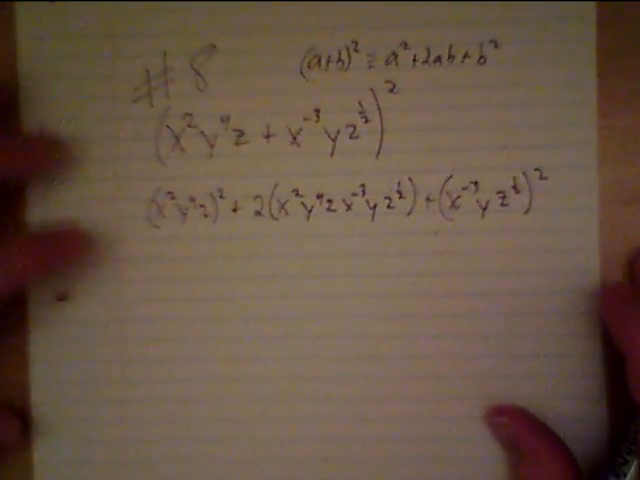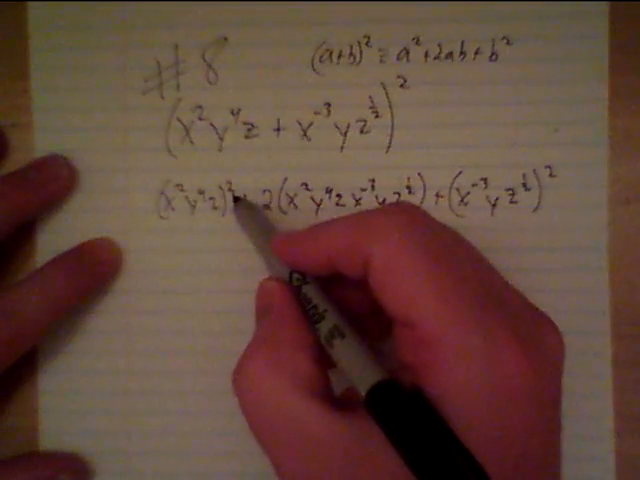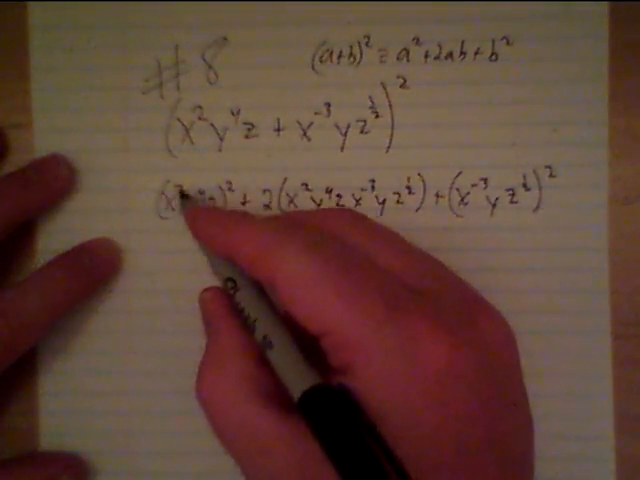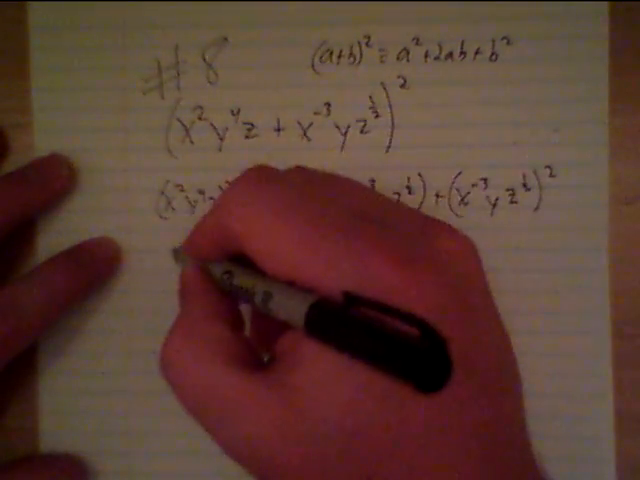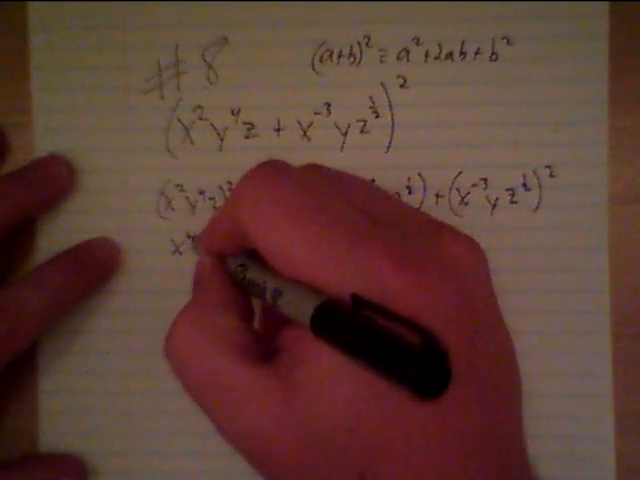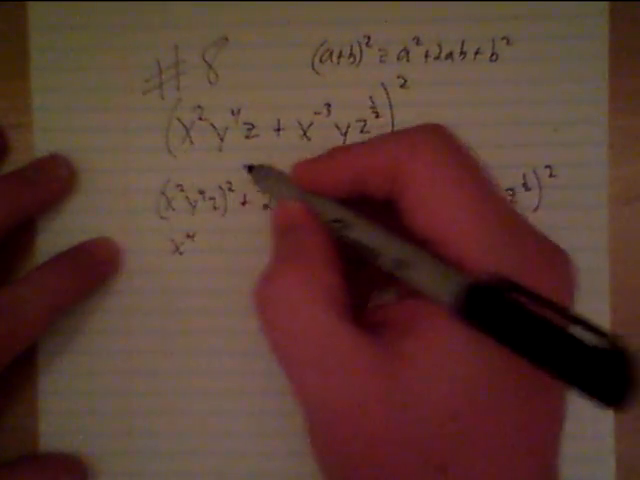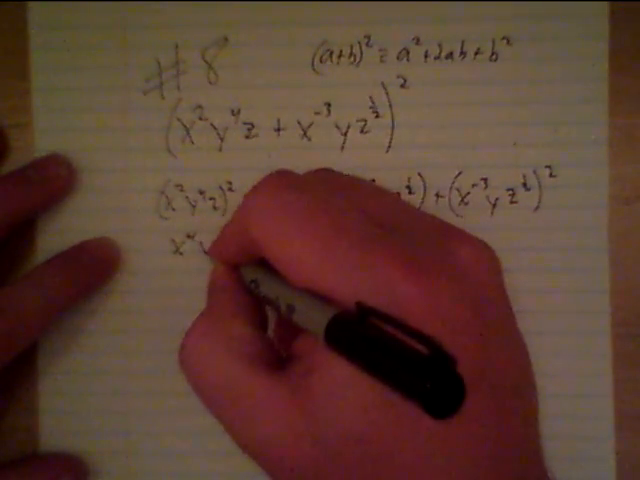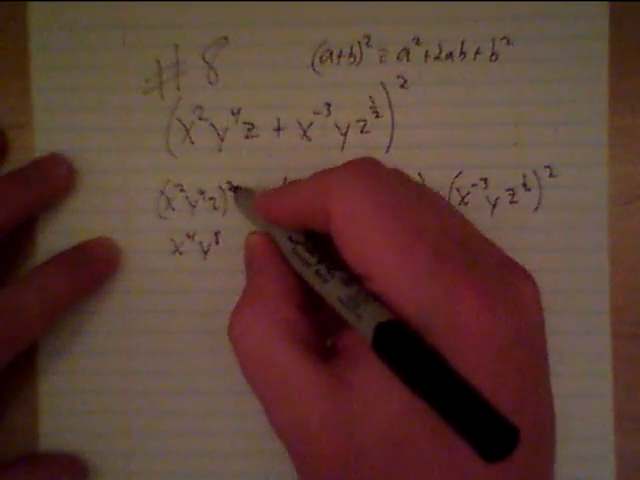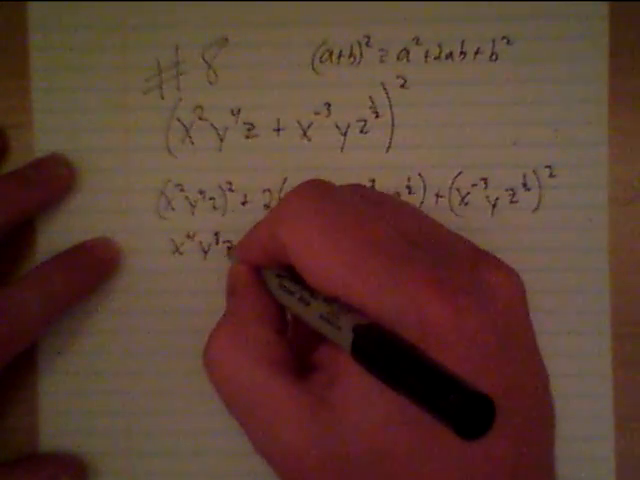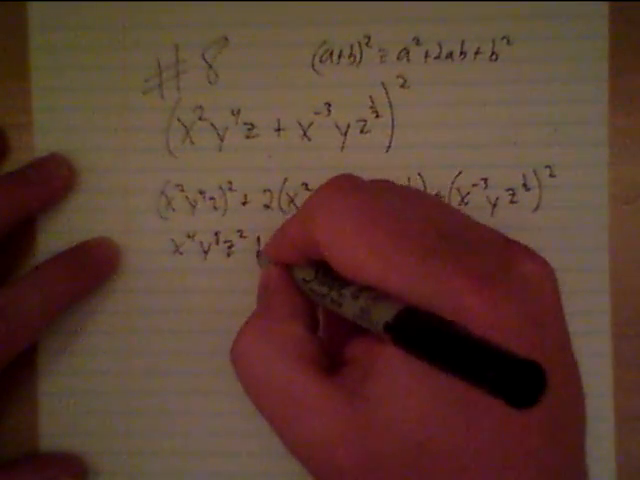Now this can simplify. So we're going to multiply our exponents here. x squared squared is going to be x to the 4th, because we're multiplying these exponents. y to the 4th squared, 4 times 2 is 8, so y to the 8th. And z squared, we're just going to square that, so it's going to be z squared. Okay, plus,